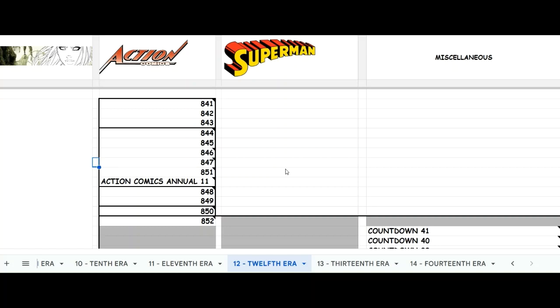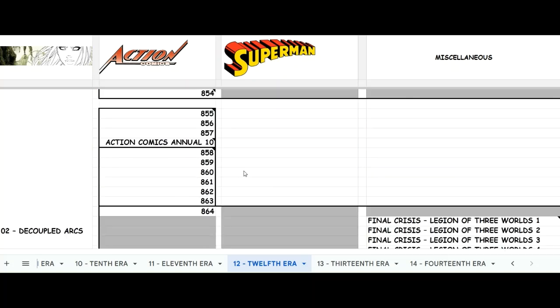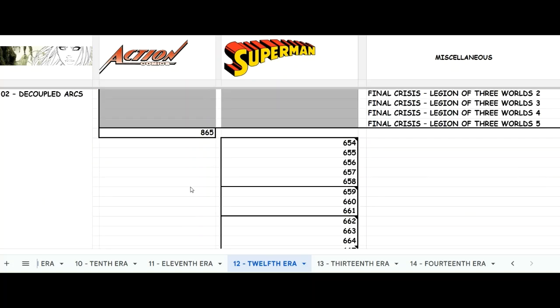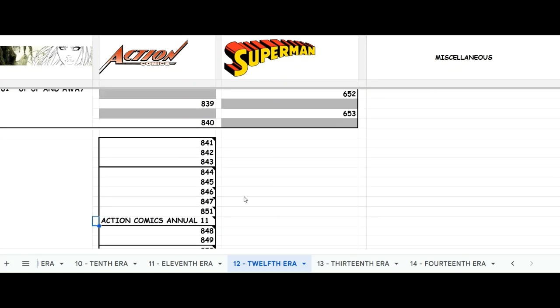After 847, the next part of this story is 851. Yes, we'll talk about those missing issues in a moment. And then after 851, that ends saying to be continued in Action Comics Annual 11, which is here. Now, that's the end. That's the climax of this storyline. It's noteworthy that Action Comics Annual 11 does say that the next Action Comics issue is 865, which actually is all the way down here, crazy enough,